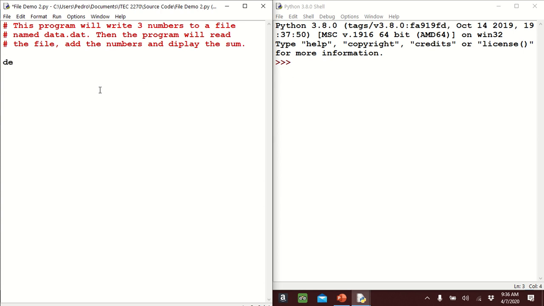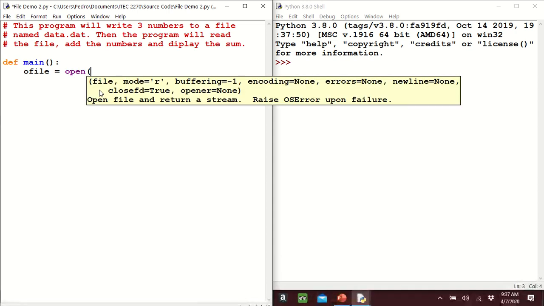So the first thing I'm going to do is define a main method. I have to now create a file object, and because I'm going to be writing to the file, I'm going to call it ofile for output file. I'm going to output my data into it. I'm going to use the open method, which is used to either read or write to a file. So the first argument is going to be the name of the file, and I'm going to call my file data.dat,